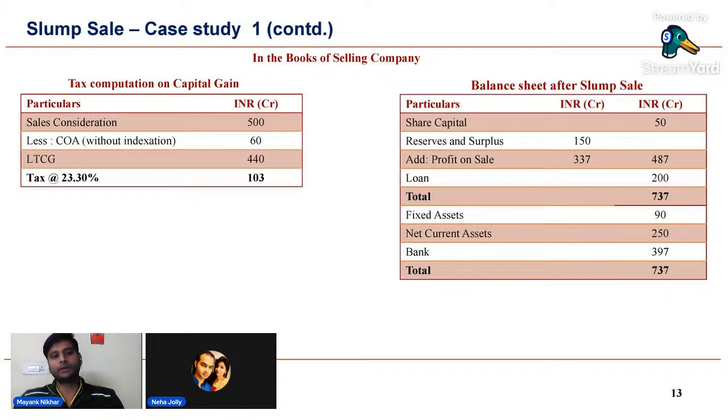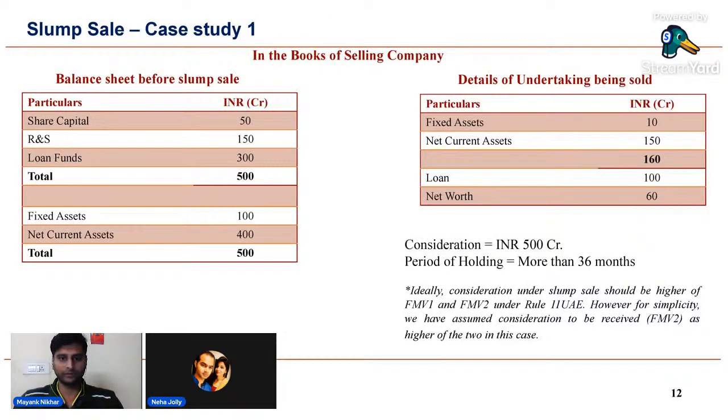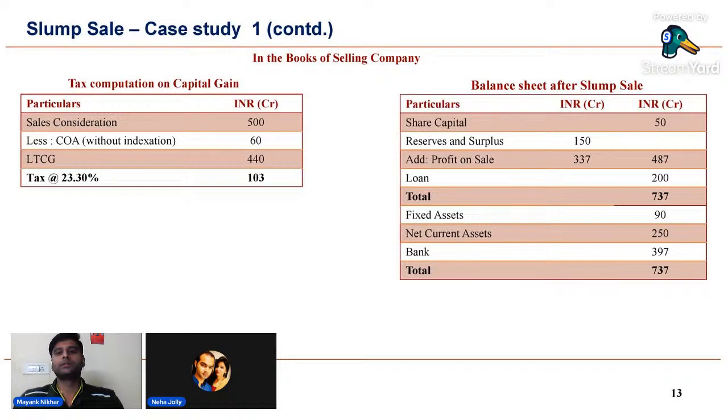And there's an effective tax rate for long-term capital gain. And 103 shall be the long-term capital gain tax that needs to be paid. So how will the balance sheet look after slump sale? So share capital remains intact. Reserves and surplus, as you see, was worth 150 crores. So 500 crores less cost, 440 was the gain. You will have to pay taxes out of that. So this is 337, 440 less 103, profit on sale of